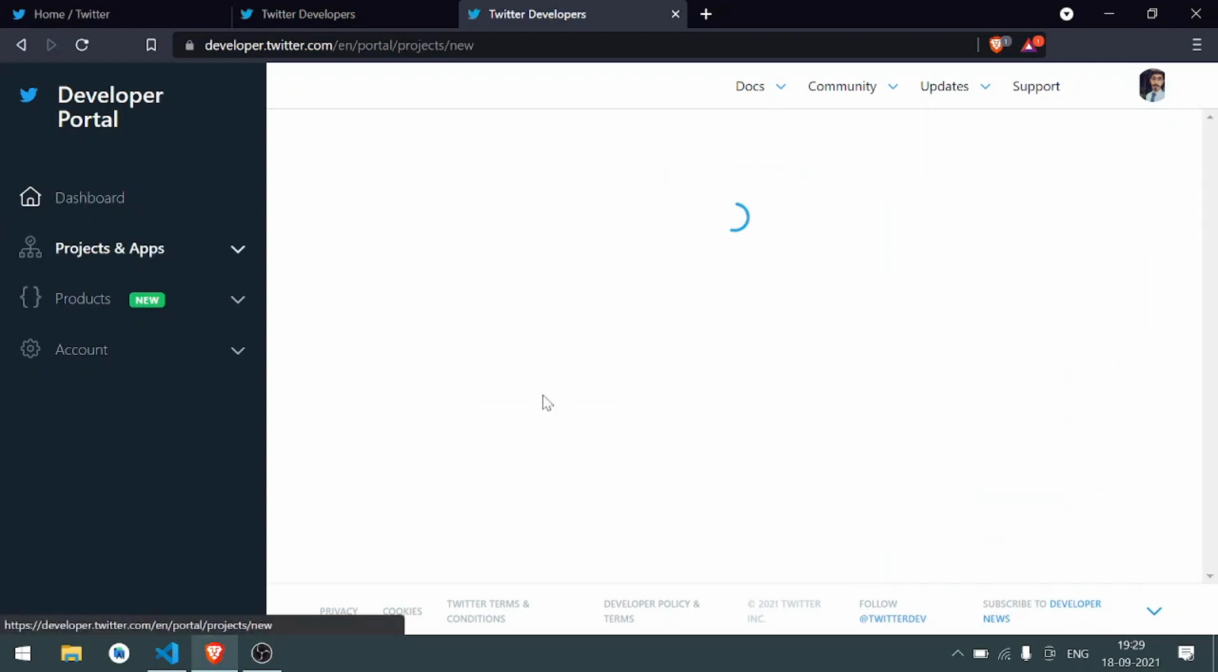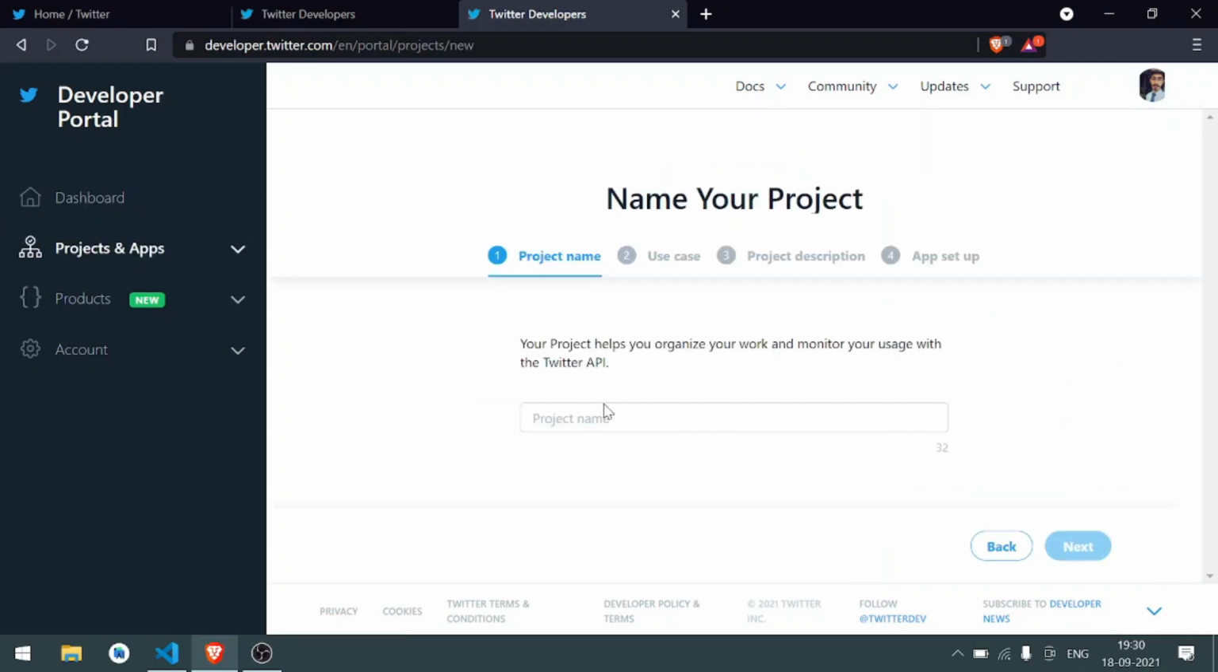So what you have to do next is create a project, and you can, what do I name the project as? So just name your project, and I would name this project as